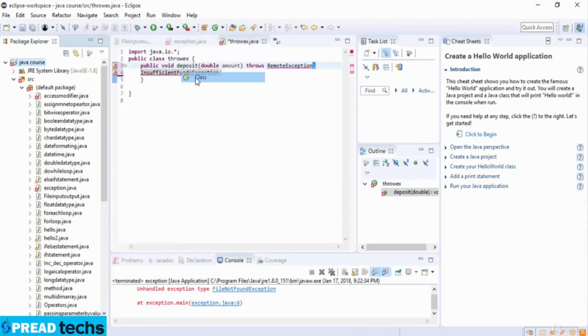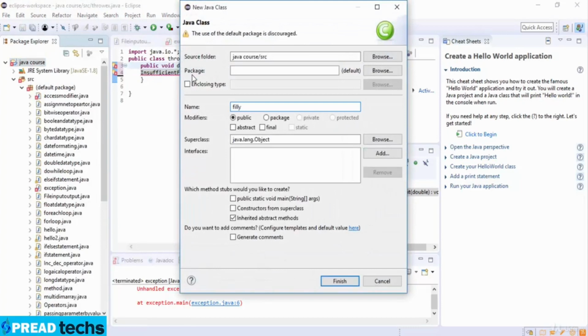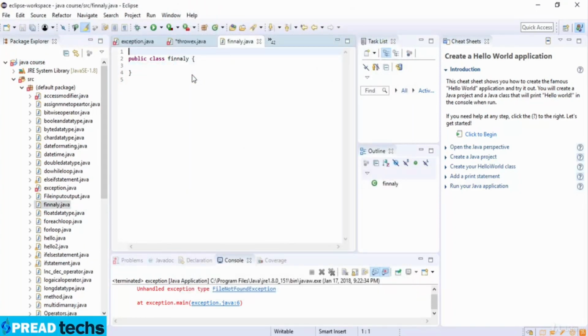So here's a class, new, and here I write Finally dot java. Okay, so the syntax of finally is, first of all, you define try. So these are the protected code, and then I catch the exception. Here you can write the exception and its type, then you can make the object of the exception, which is e1. Then you can catch this block